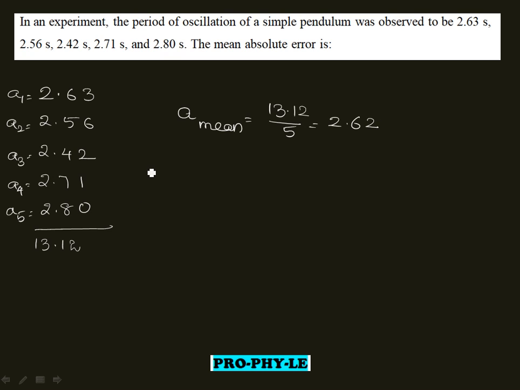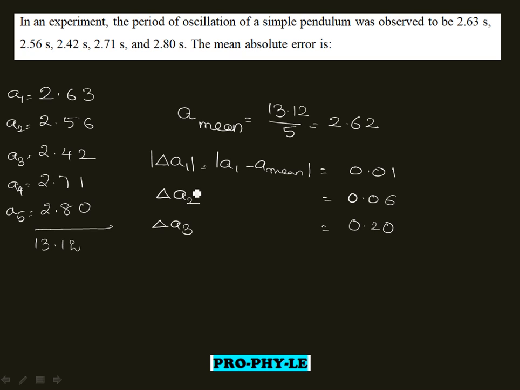2.62. Now once you know this, then you can calculate delta A1 modulus, that means A1 minus A mean. This will be 0.01. Similarly, delta A2 will be 0.06 and delta A3 will be 0.20. See, every time you have to take the magnitudes only, and delta A4 is 0.09 and delta A5